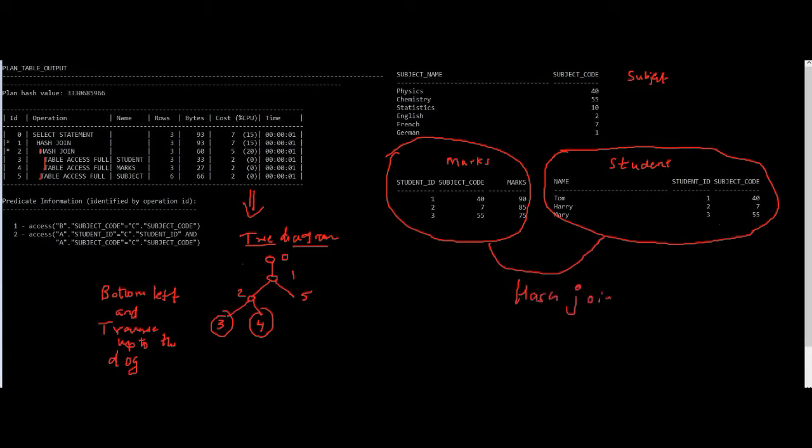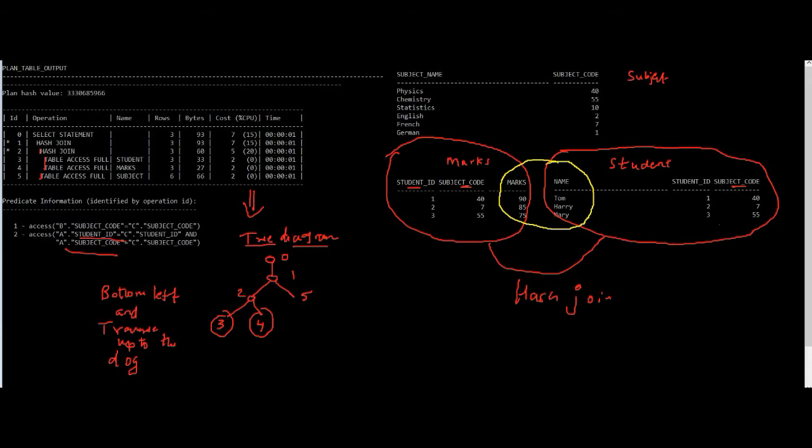In this hash join there are two conditions which we have written in the query. One is a dot student id equal to c dot student id and a dot subject code equal to c dot subject code. Okay, so a dot student id and c dot student id, you can see these are matching, this column, and then subject code is also matching. So if these two are matching, then we have the first set, that is name and marks